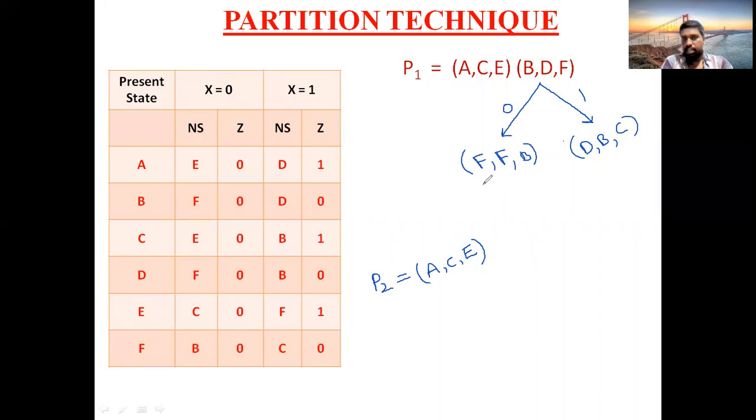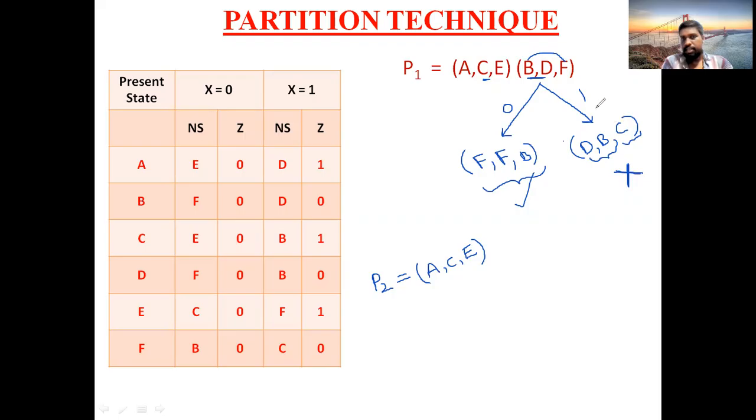Now the same condition. Verify whether the obtained sequence is existing in the previous partition or not. See, two F's are there. So treat like one single F, F comma B. See here, F comma B existing in same group. Yes, it is satisfied. What about D, B, C? D, B is existing in one group there and C is lying separately. Okay. D comma B are existing in one group. C is separately existing in one group. So here condition is not satisfied.